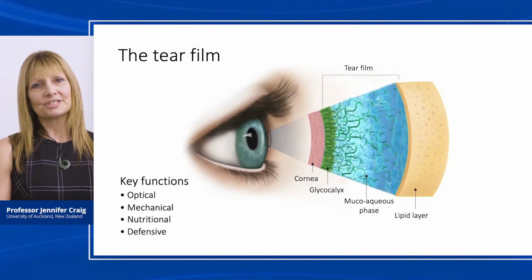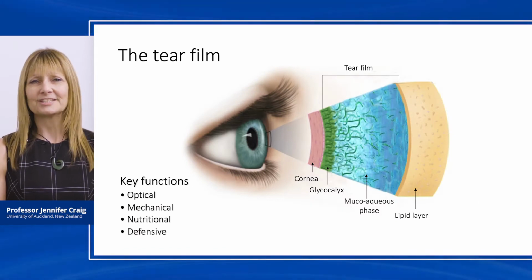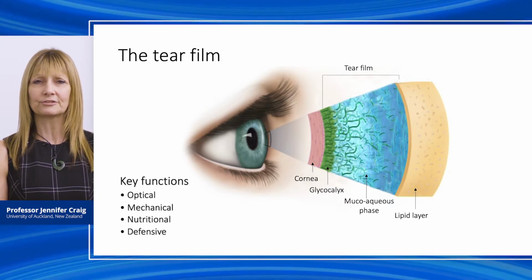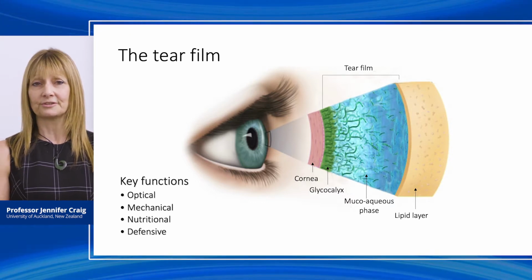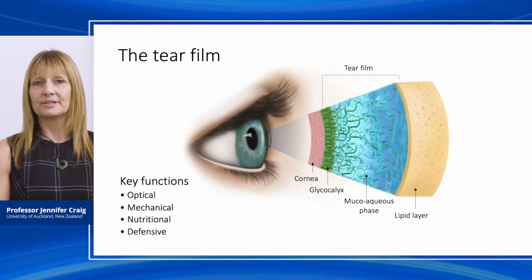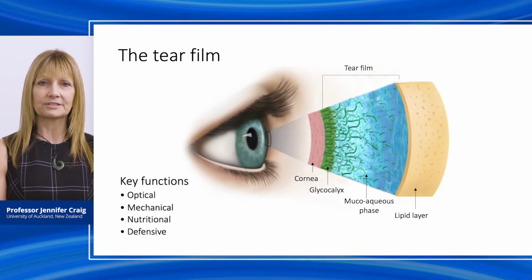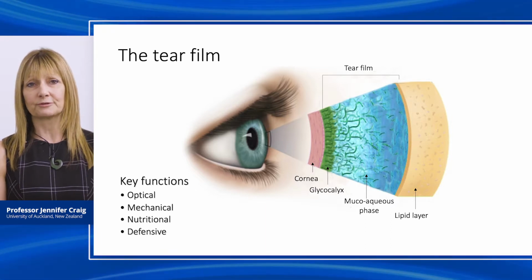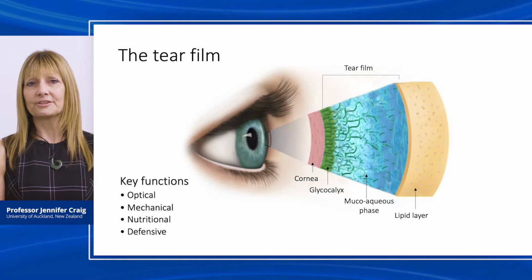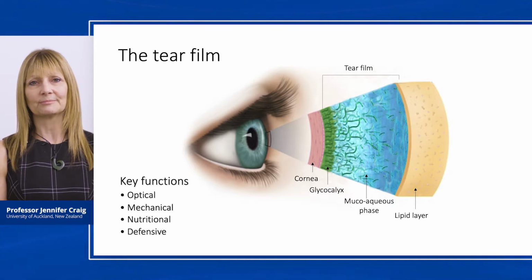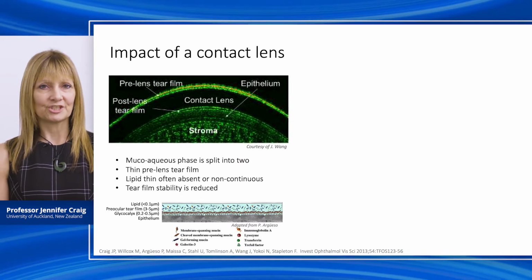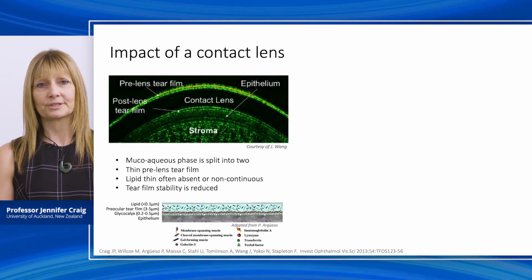We know the tear film contains many important constituents and has a carefully ordered structure, allowing it to perform specific functions that are critical to good ocular surface health and comfort. From the epithelial-bound mucins, the glycocalyx at the base, which makes the surface hydrophilic, to the mucoaqueous phase that forms the bulk of the film, and then the thin but critically important lipid layer arising from the meibomian glands and sitting on top. Contact lenses have a major impact on the functioning of the tear film because of their size